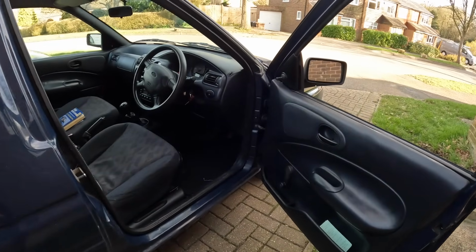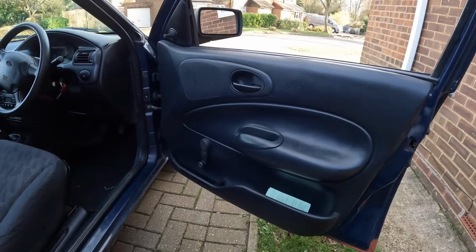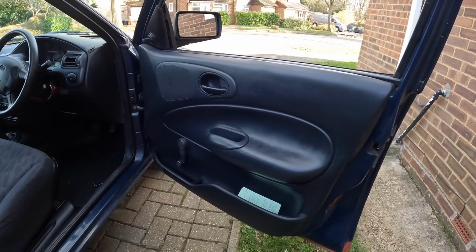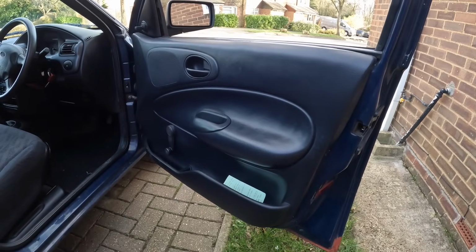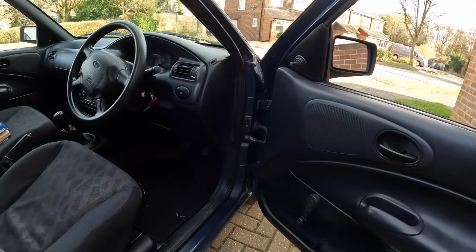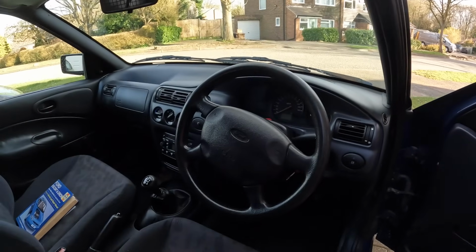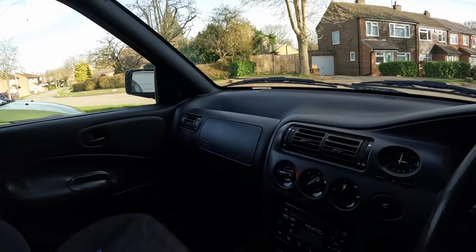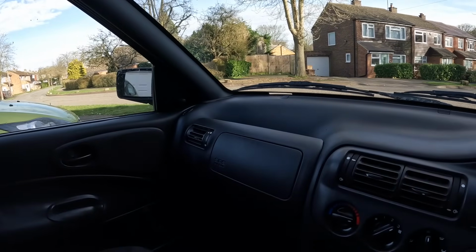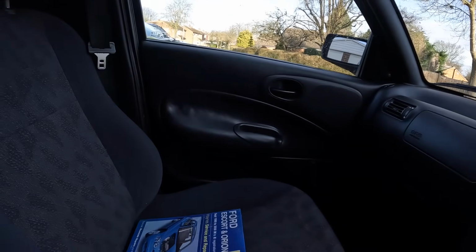Let's take a dive into this interior. As we can see, the door cards are sort of like a vinyl finish, and they are actually really dark blue. I thought they were black, but they've got just a tinge of navy in them. And as we make our way inside the interior, we've got a steering wheel with an airbag in it, and we've also got a passenger airbag. Now, this was sort of just when the airbags were coming into cars and vehicles when they made this Escort